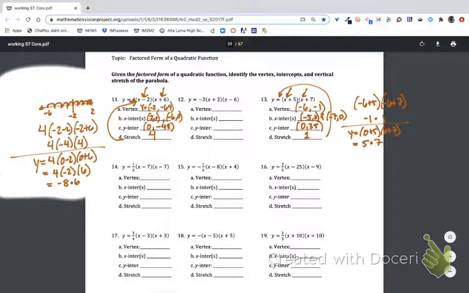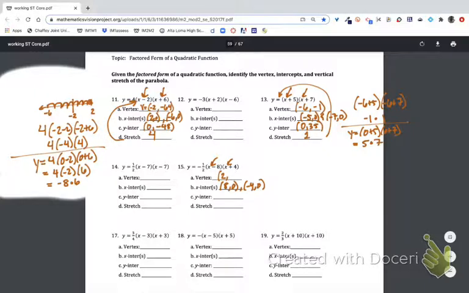For number 15, same process. And I'll clear out some space here. Find your X-intercepts first. (8, 0), (-4, 0). Halfway between 8 and -4 would be 2 units. So we know that